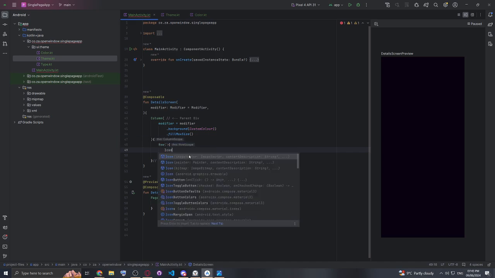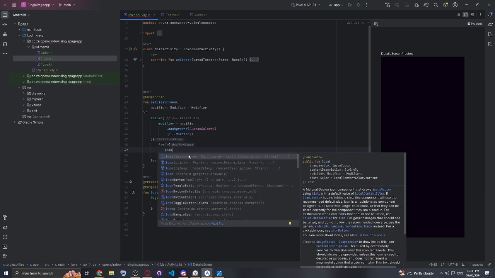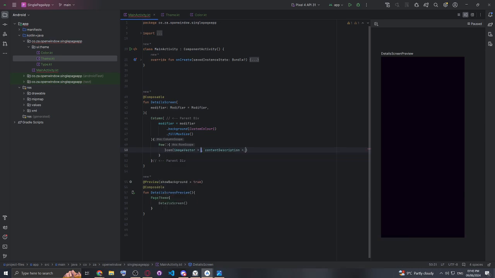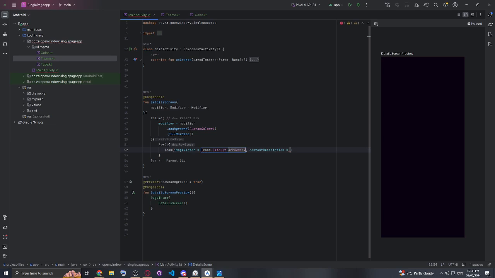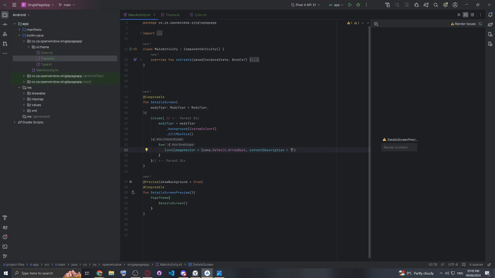So we can actually just call icon, and if you hit tab or enter here, we will take in the default layout for an icon. And if we target icons.default.arrow, we get some nice arrows that are already built into Android Studio. So in this case, we want the arrow back. And then a content description, we can just essentially describe what this little icon will be. We can just say back arrow